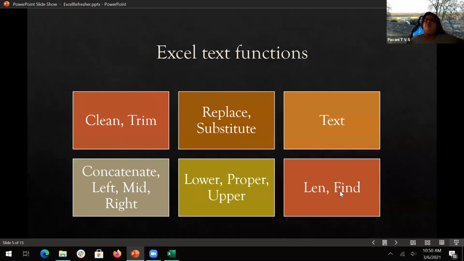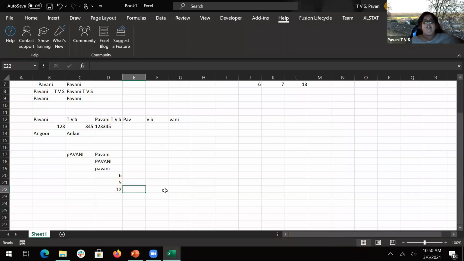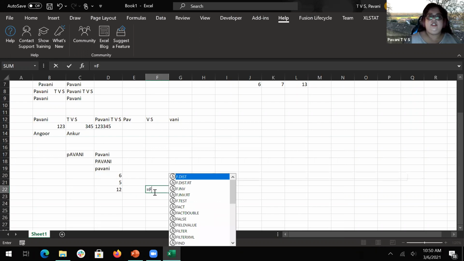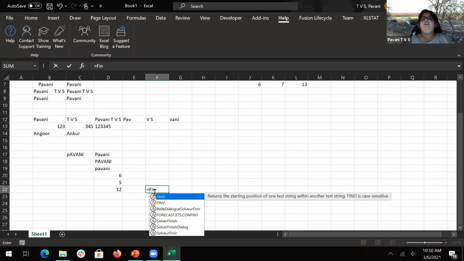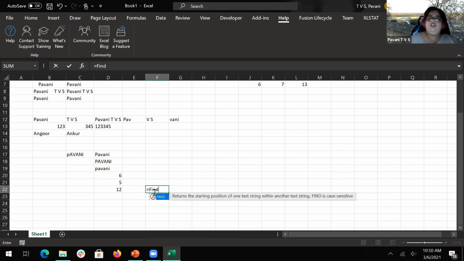And when you're using the find function to find some particular value, let me just quickly show. Find returns the starting position of a text string within another text string. It is case sensitive. So I'm saying find AV within this text.